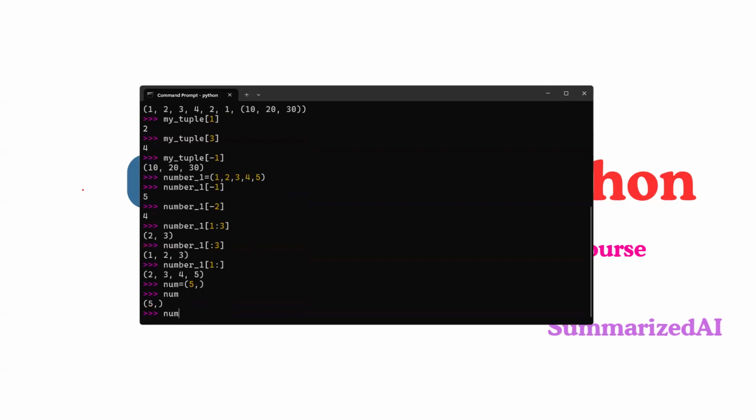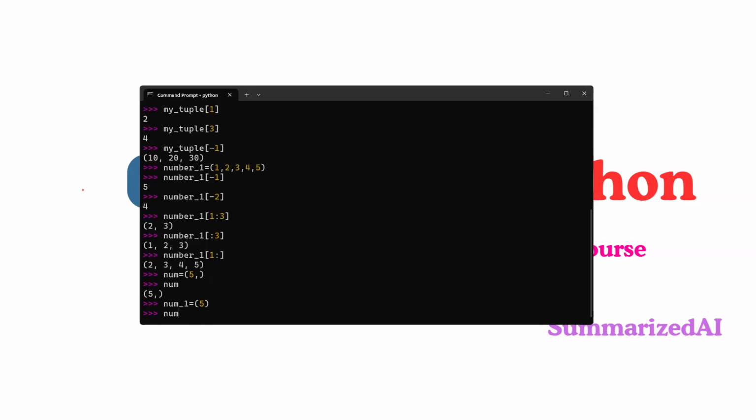But if I do something like this, num_1 equal to only 5, not having a comma, and print this num_1, you will notice it printed an integer, correct? Which means if we are going to write a single item in the brackets, it will consider that particular data